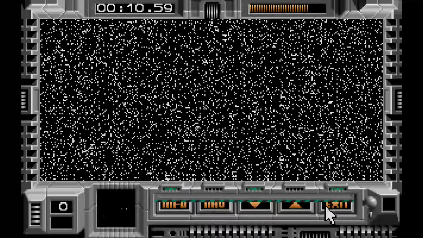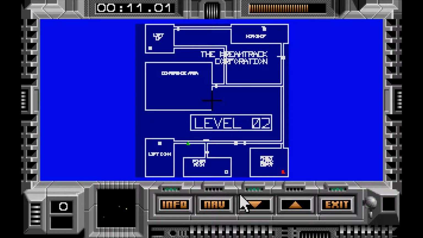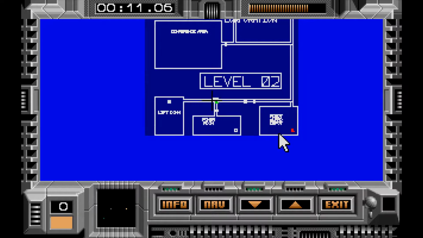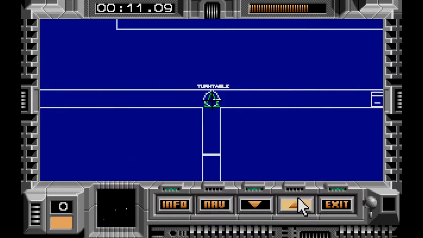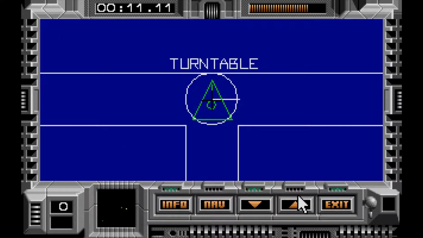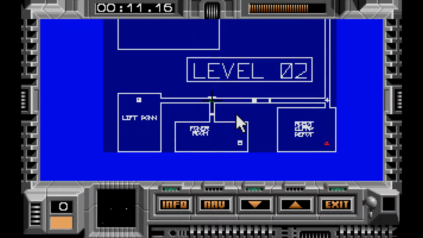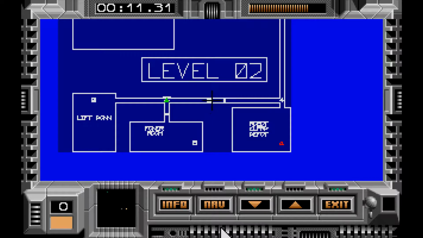Let us look at the map. So this time around we have a new object to deal with. This is a turntable. Turntables have a couple of purposes. One, they tell Kaf-E which way to go. And two, they also tell security robots which way to go. So at the moment, if we tell Kaf-E to go this way, which is what we want to do, she will first of all run into this,